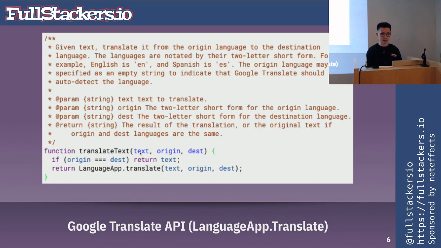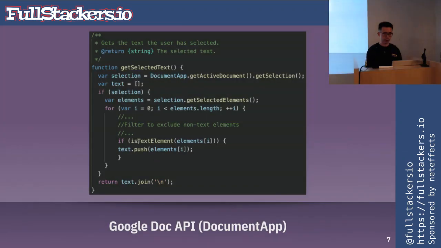But then where did this text come from, right? So this text comes from the selected text that was highlighted by my cursor. And then how I got that is through the Google Docs API. So I've redacted the code a little bit, but the gist of that is you call the DocumentApp API, and then you call dot getActiveDocument to get the currently opened Google document, which is the one that I was just working on. And then you call dot getSelection. So that returns you